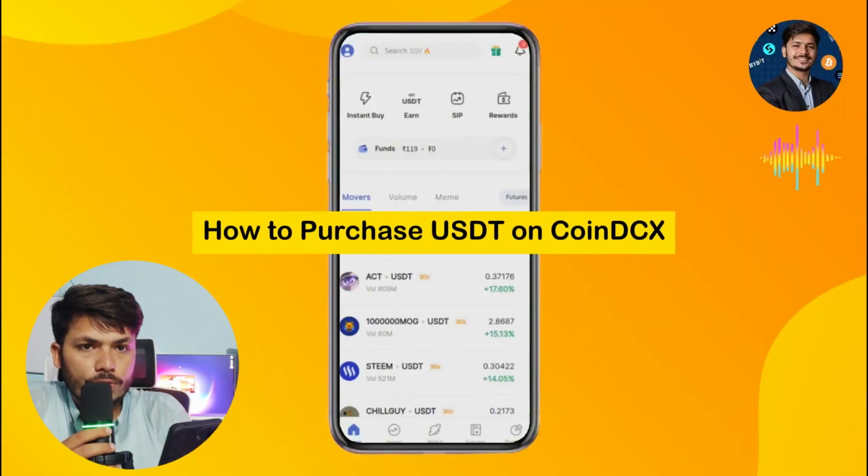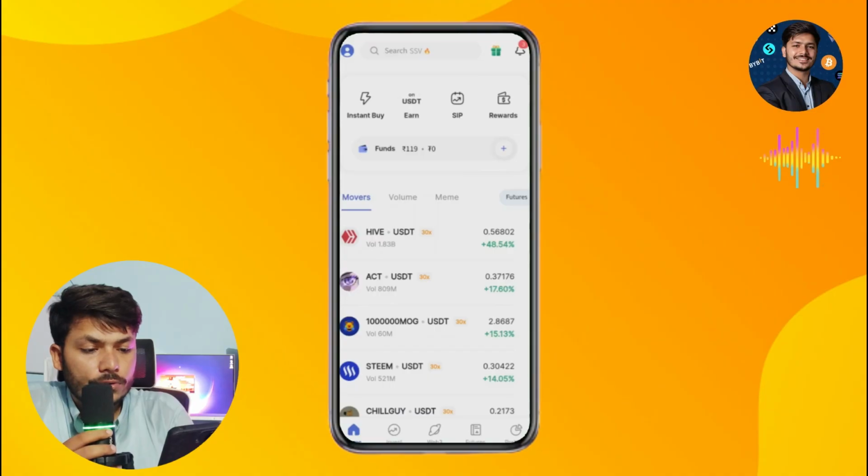Hello guys, today I will show you how to purchase USDT on CoinDCX. So let's get started. First, open your CoinDCX application and locate the invest